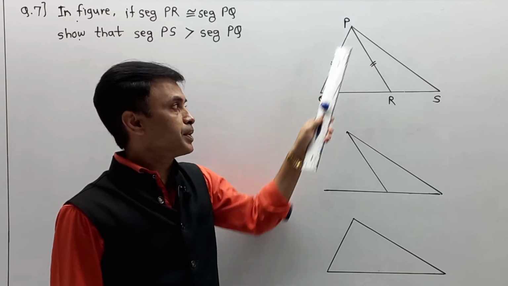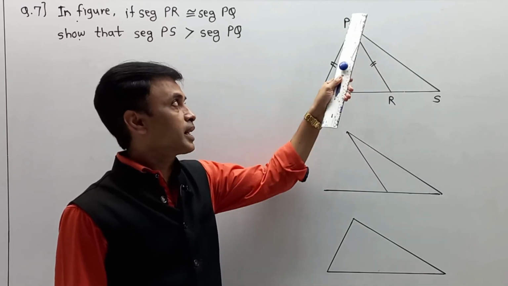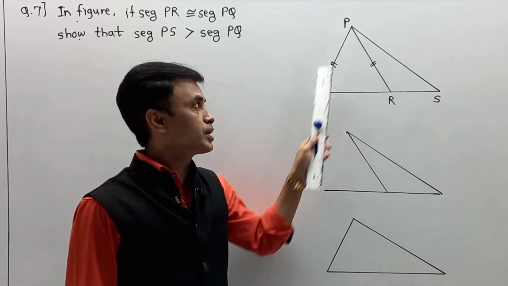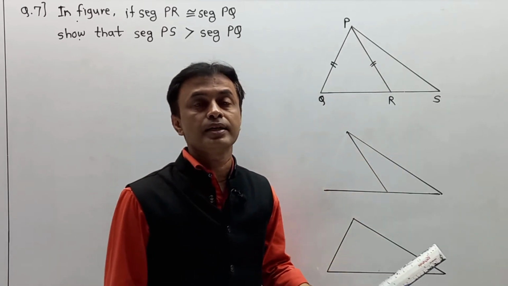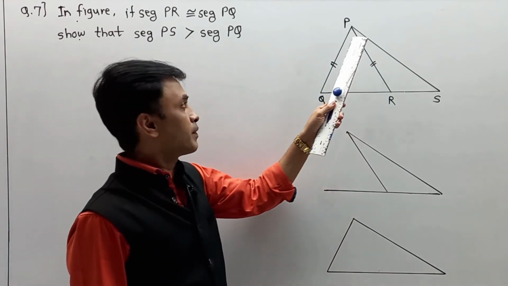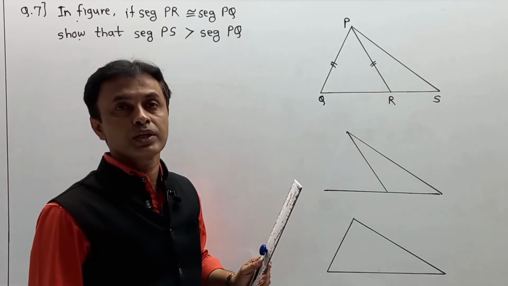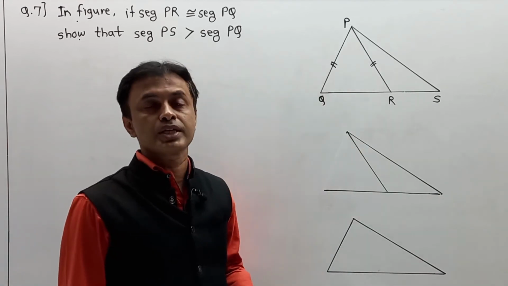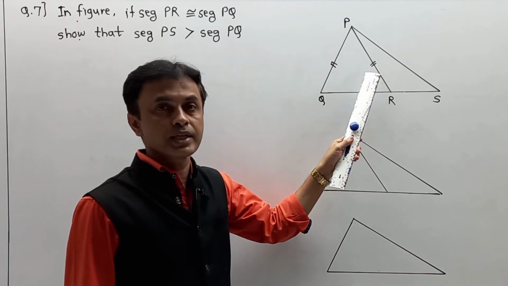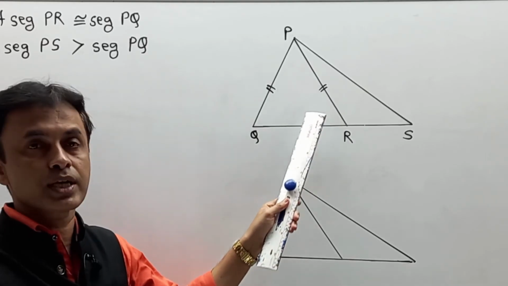They have given triangle PQR. PQR is one triangle, and PQS is a part in terms of another triangle. So we have to understand step by step. Here our target is to prove that PS is greater than PQ. That is only a target. Means we have to focus on its angle first. One by one I am going to clear some points over here. So first try to understand over here.